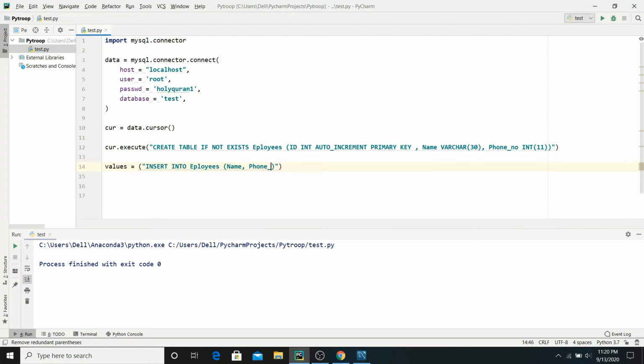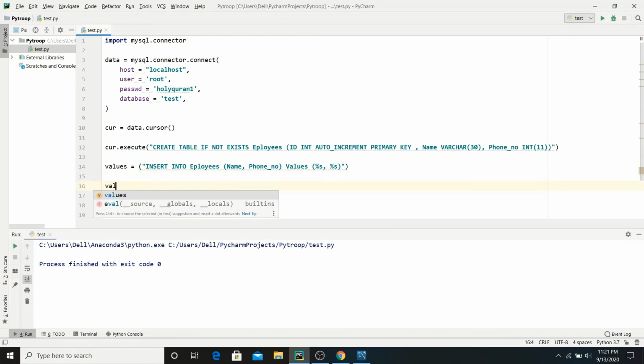So these two values we have to pass, and the next thing is values, which is the part of the query, percentage sign s comma percentage sign s. Actually, if we are passing manual values, then we don't need to write the name and phone number. We directly pass values bracket and the values. But we want automatic values, like we don't want just one value, we want multiple values. So that's why I use this syntax.